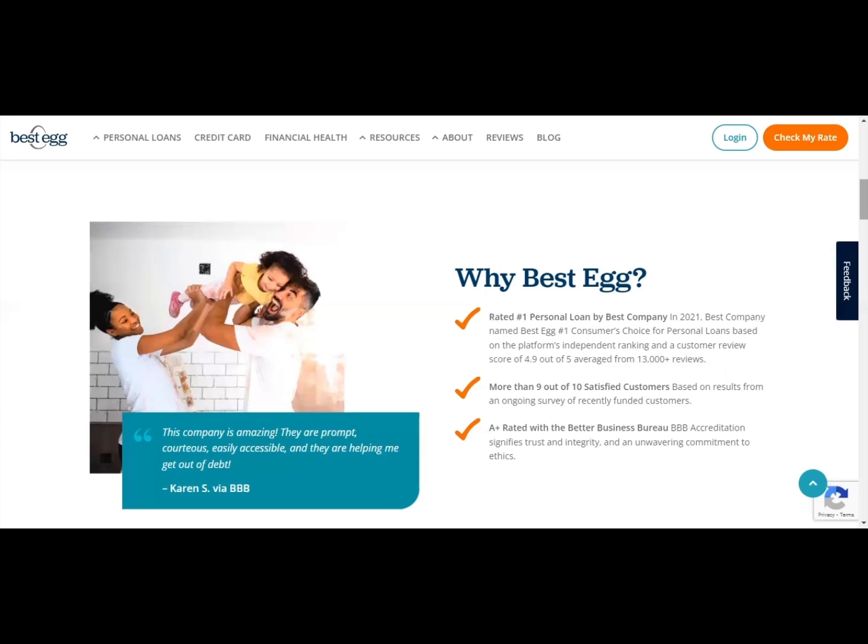Now, they do have fees, which different loan companies do or do not have some particular fees, but with Bestegg, they do have an origination fee of 0.99% to 8.99%. And the origination fee is for you just taking out the loan. They will charge you a fee, and it will be a particular rate, from 0.99% all the way to 8.99%, but that will be dictated off of